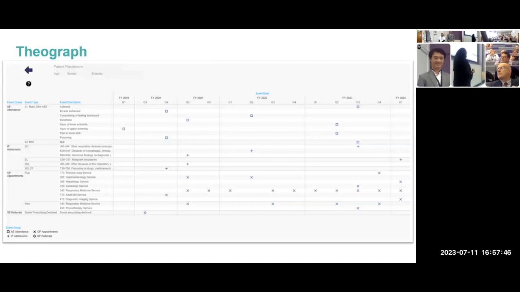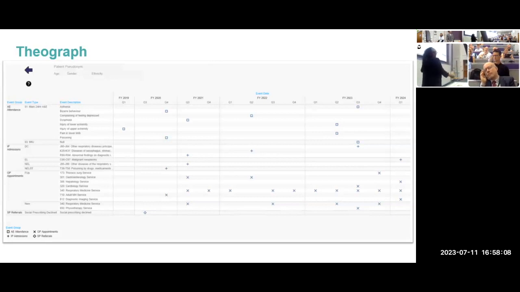And basically what the Theograph does is it gives you a single visual of looking at patient history, clinical history. So you can have the different types of events like any appointments, GP appointments. You could add mental health appointments as well. Any type of clinical point of contact that a patient has, you can add it here, and it shows you the history of that patient having all of those contacts, depending on how big your data set is. But what's interesting for social prescribing is that we have social referral